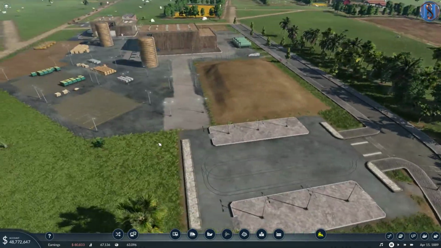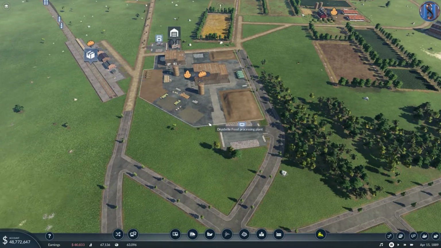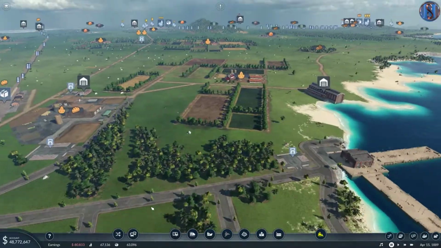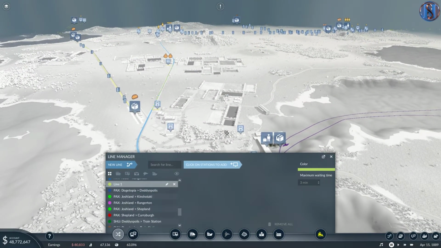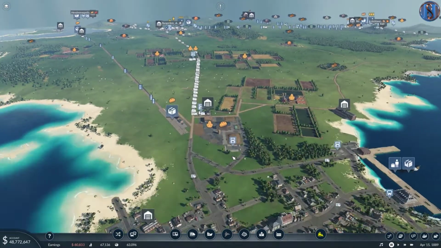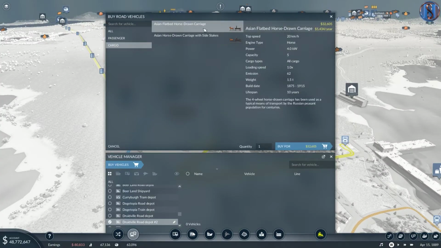Looking pretty good. I like it. Looks good. All right, so then we would do a new line from here to here. And that would be called cargo food to Druidville Harbour. And then I would go ahead and buy...